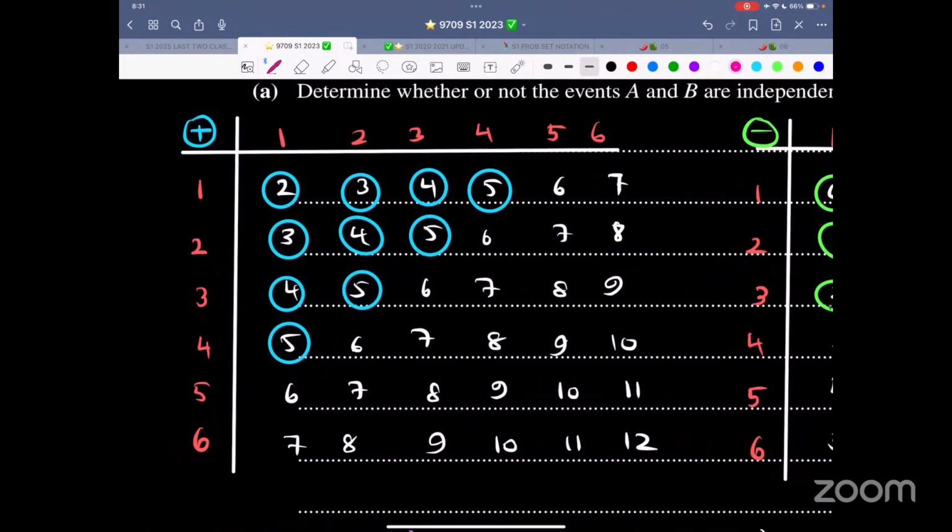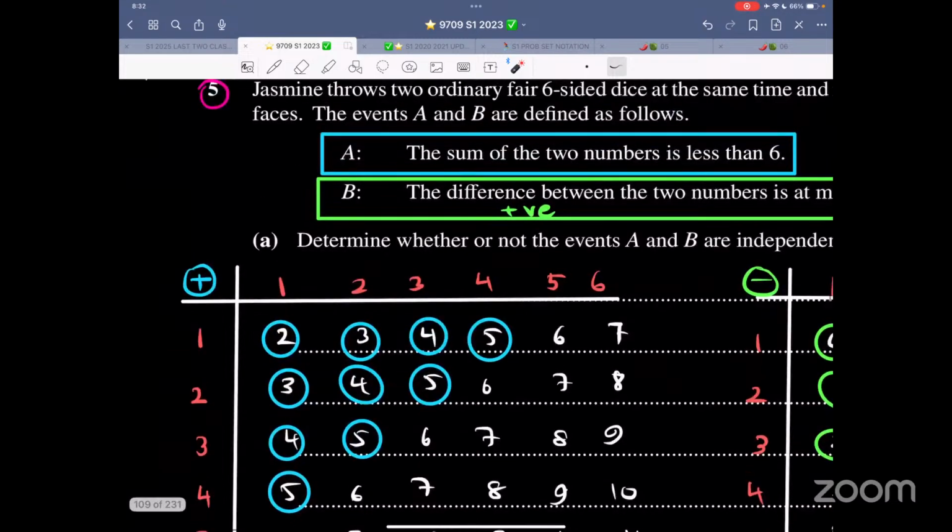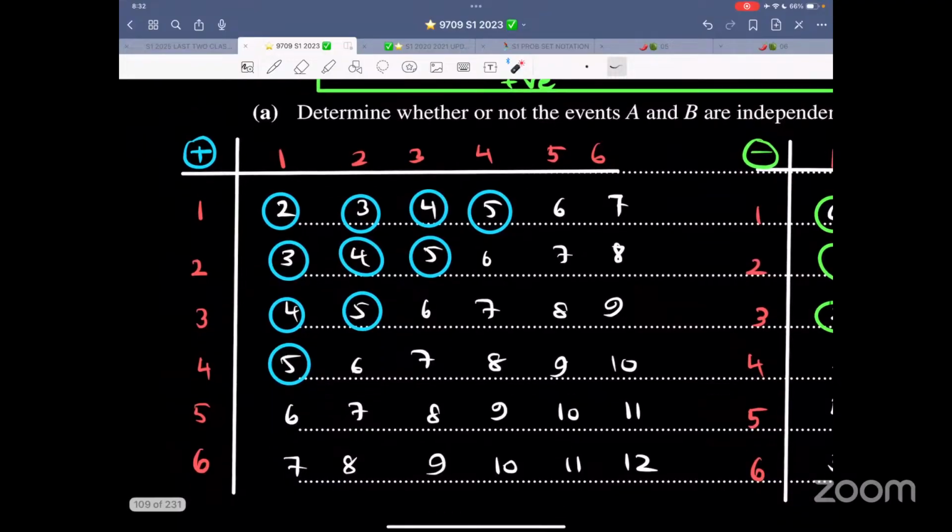First, focus on this very carefully. We are talking about the sum. You have made numerous sample space diagrams like this from O levels till now. There are 36 possibilities, out of which 1, 2, 3, 4, 5, 6, 7, 8, 9, 10. So the probability that the sum is less than 6 is 10 over 36. That is the blue probability.